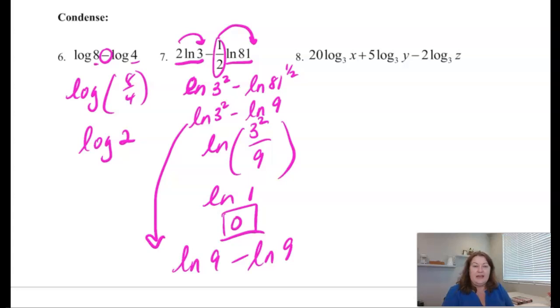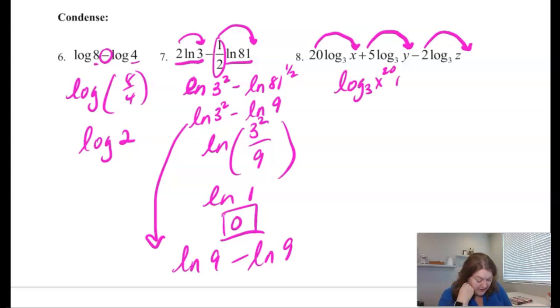All right, so number 8, again, work on putting those powers up first, then work on condensing it to 1 log. So this 20 is going to be a power of the x, this 5 is going to be a power of the y, this 2 is going to be a power of the z. They're all same log, log base 3. So I'm going to write that out first. So it's going to be log base 3 of x to the 20th plus log base 3 of y to the 5th minus log